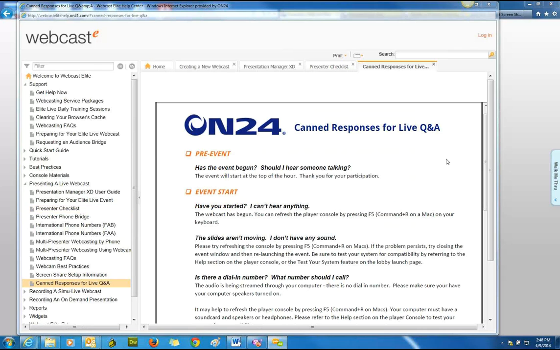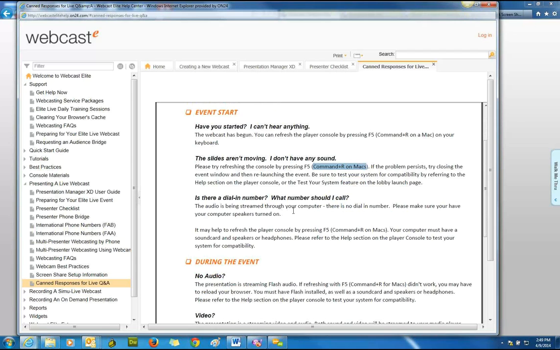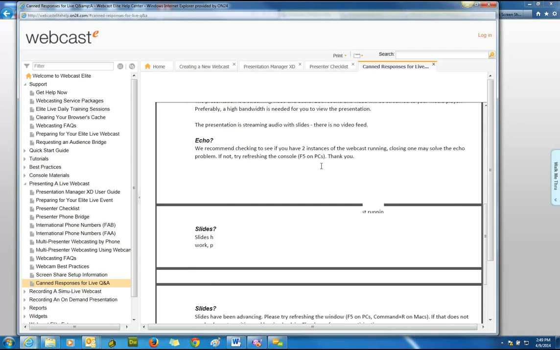And I'll tell you that 90% of the technical questions that come in from the audience are usually easily fixed by them simply refreshing the page. So, if they're a Windows user, they can hit F5 on the keyboard and it'll refresh the page for them, or if they're on a Mac, they can do Command R. But as far as the answers to the technical questions, you can find them here in the canned responses, or